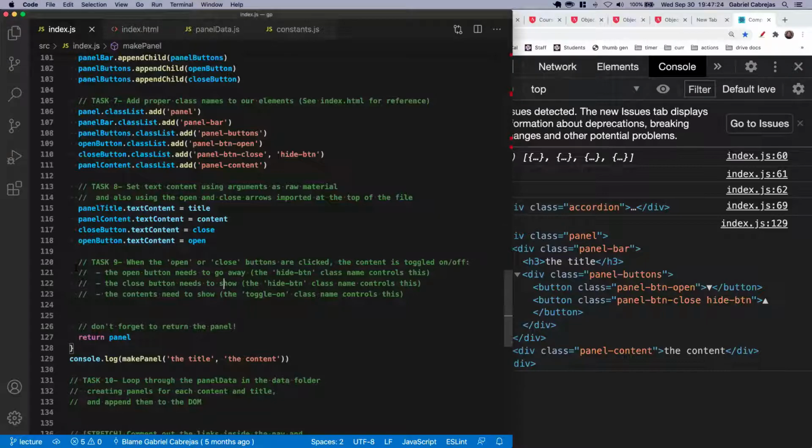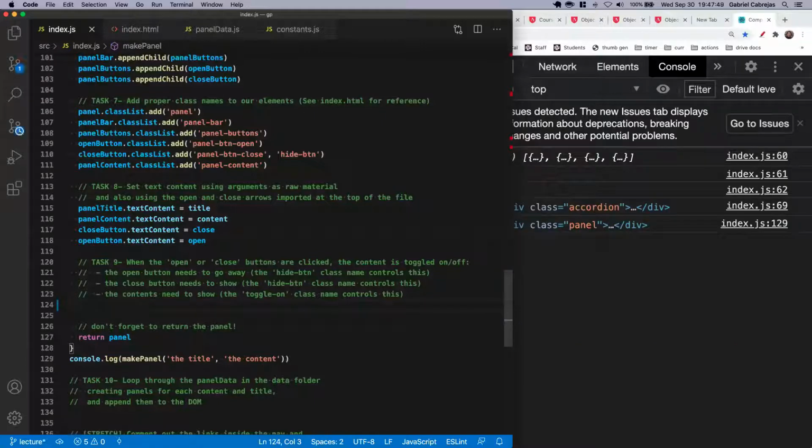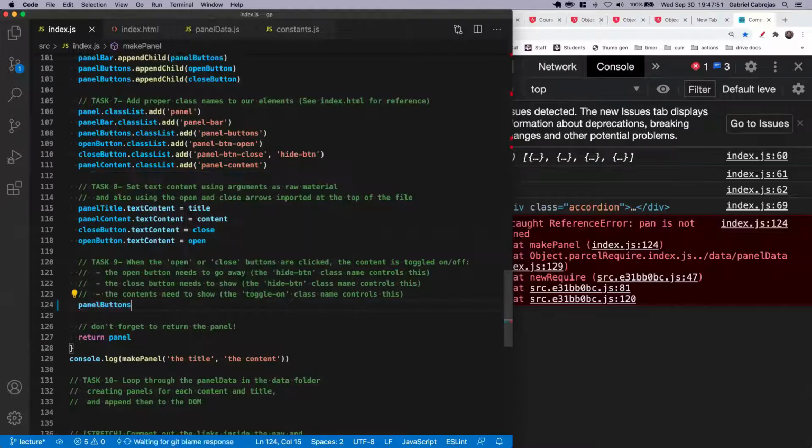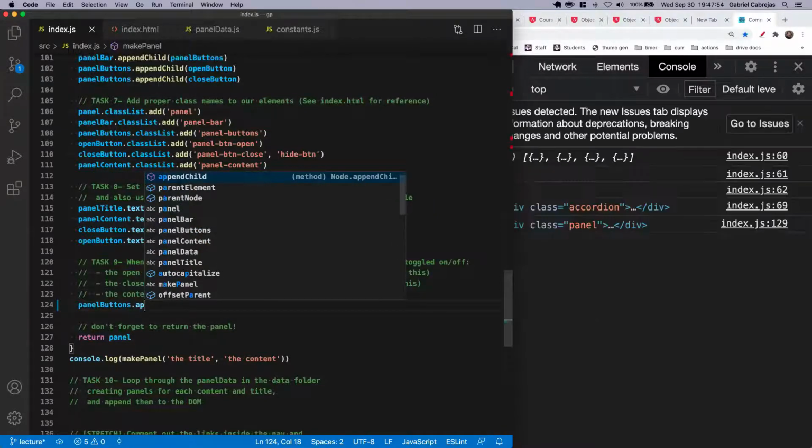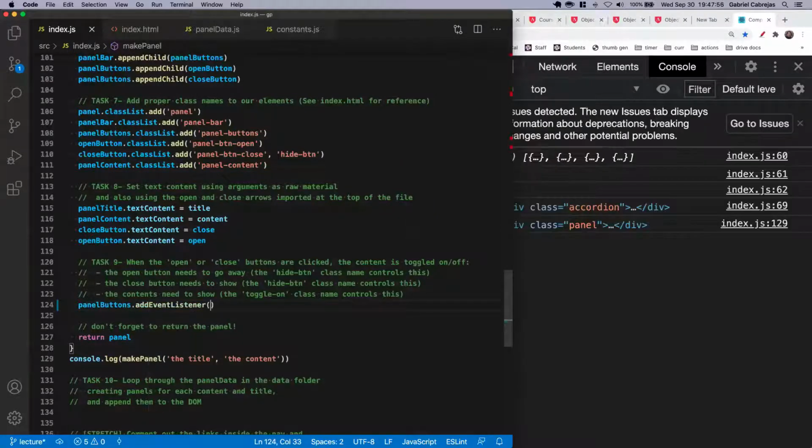Okay, my friends, task 9. Let's make these buttons work, all right? And we are going to benefit from propagation today because we have the open button, the close button, and it follows we would need 2 event handlers to make that functionality work. But we don't, actually. We can add a single event handler on the parent of the buttons. We can do panel buttons, add event listener, okay, of click,